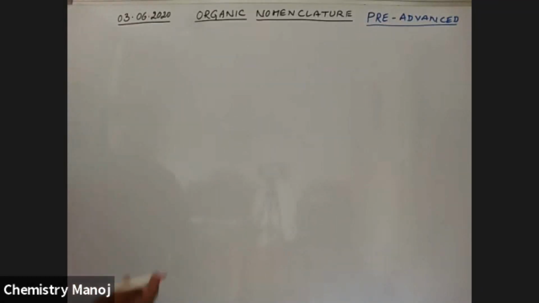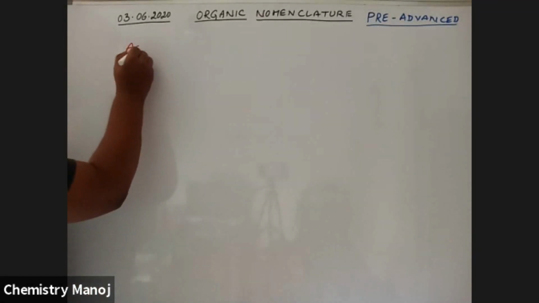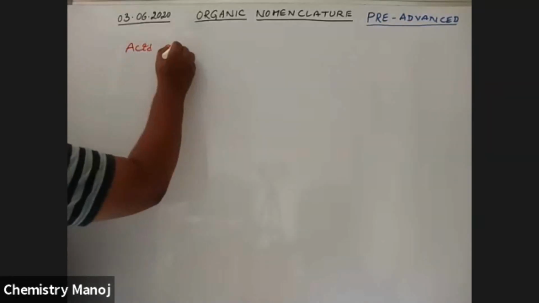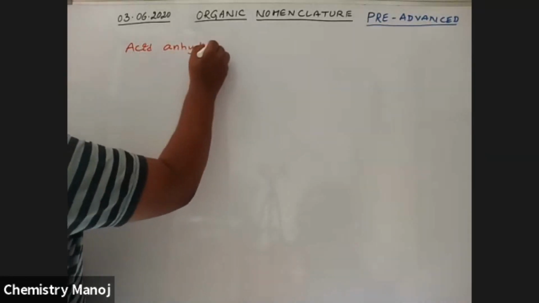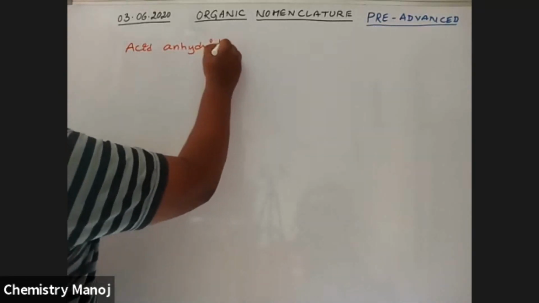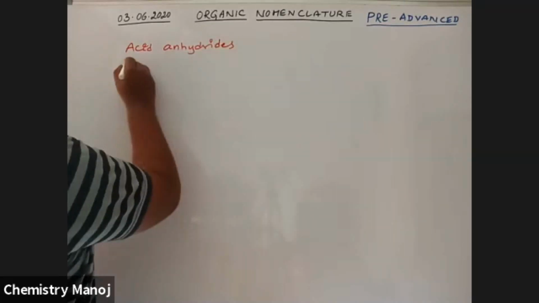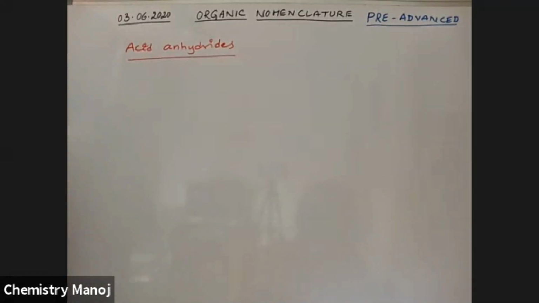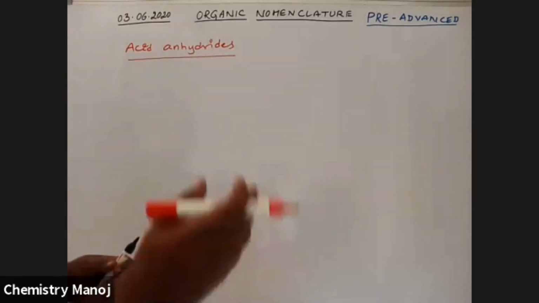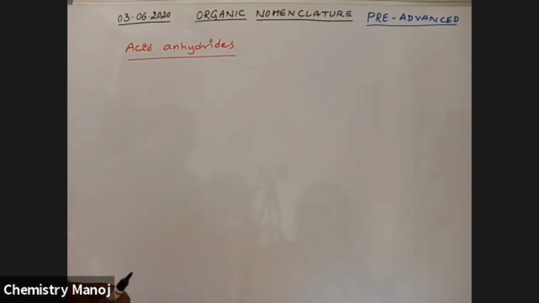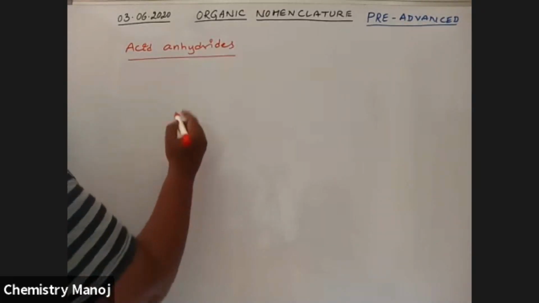Acid anhydrides. It is another class of compounds. These are the derivatives of our acids. That is acid halide, that is acid chloride, this is acid anhydride. Now it is named as, see here,